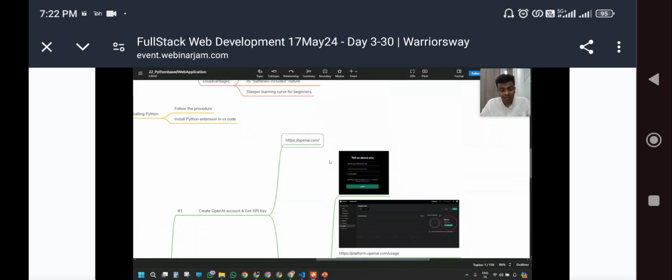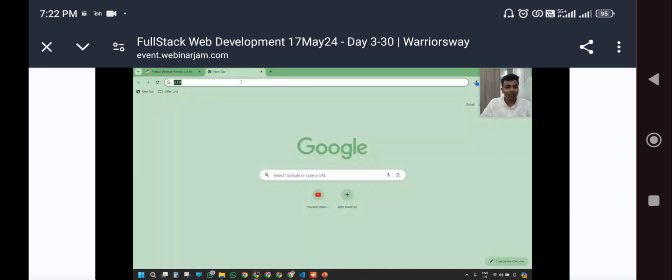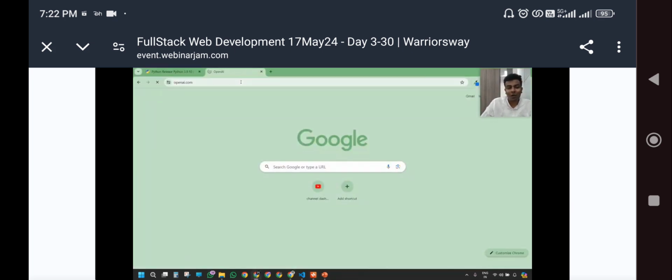But here, a lot of hacks. Those of you who have already created an account in ChatGPT, check whether you have any credit or not, because whenever you create a new account in OpenAI, they will give you $5 of credit. If you have $5 of credit, you can just make use of it. If you don't have that $5 credit, please create an account. I will tell you a lot of hacks, because I've also faced a lot of problems with it. So I'm going to tell you everything that is really required.